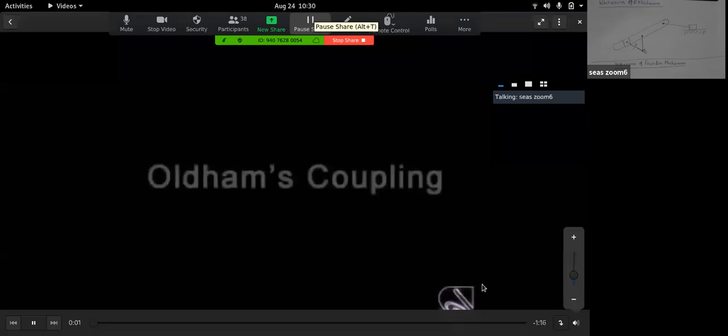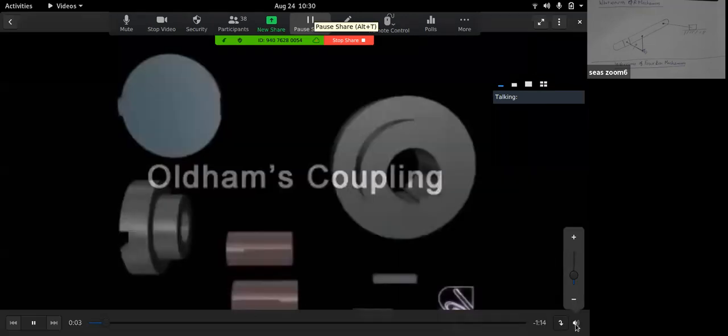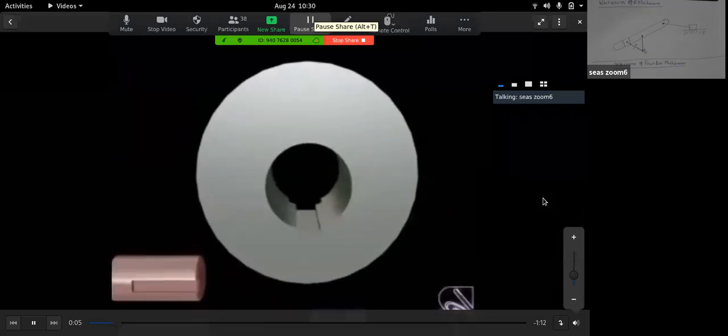Now this is Oldham coupling. So this is also an inversion of 4-bar mechanism. Coupling is a kind of mechanism which is used to connect two shafts.